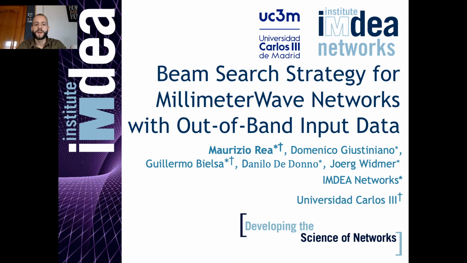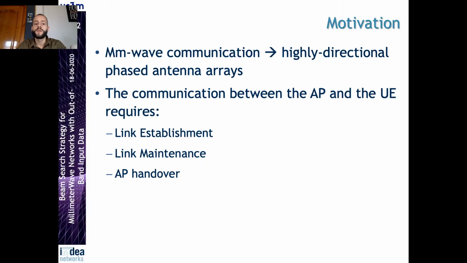But let me first start with the motivation of the work, because as we know, millimeter wave communication supports physical data rate up to several gigabit per second, but using directional phased antenna arrays. And the communication between the access point and the user requires link establishment, needed to find the angle of departure at the transmitter and the angle of arrival at the receiver in order to select an antenna sector pair that allows to establish the communication and at the same time to maximize